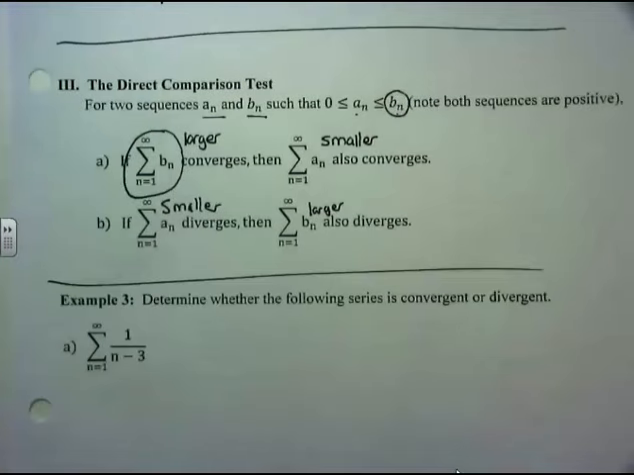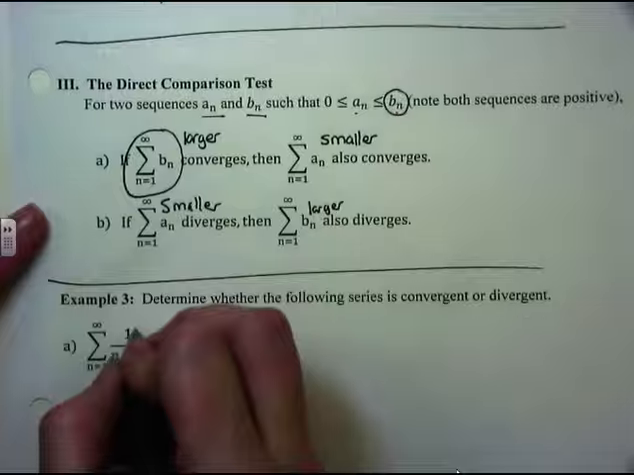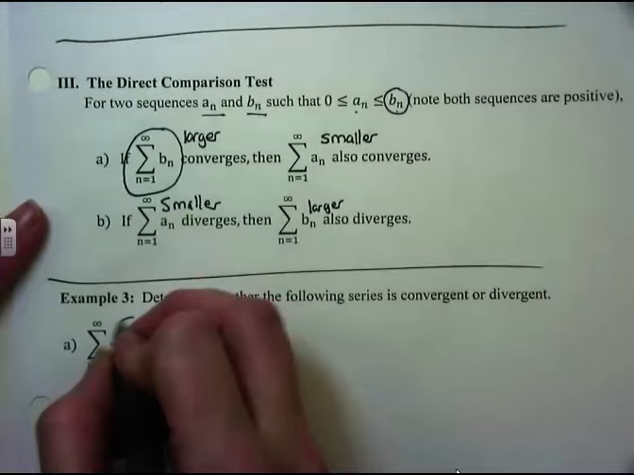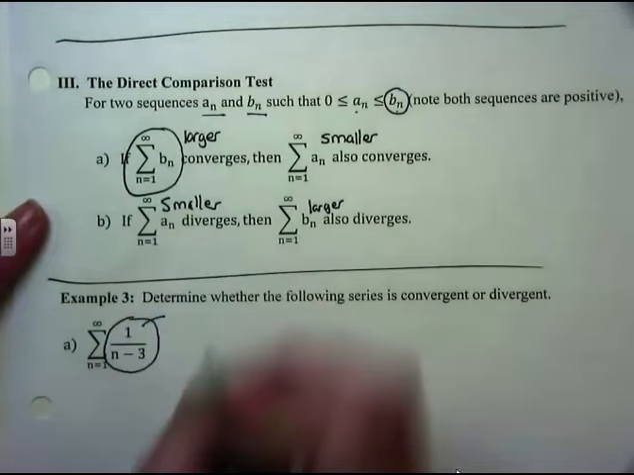Determine whether the following series is convergent or divergent. So here I have a sum going from 1 up to infinity of 1 over n minus 3. So I just want to know, does it converge or diverge? Well, it should resemble something that we know a lot about. Now, this is not the harmonic series, but you should notice that if I look at this inside sequence,